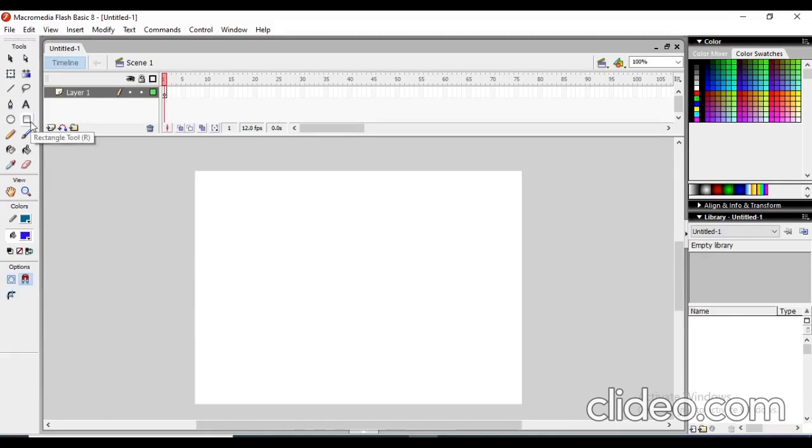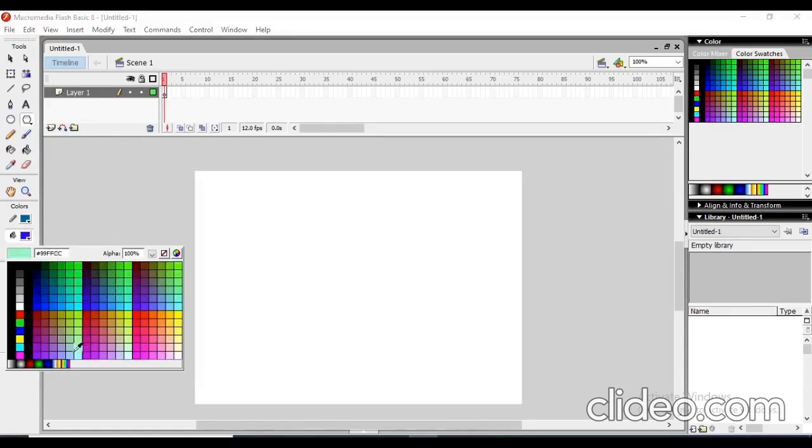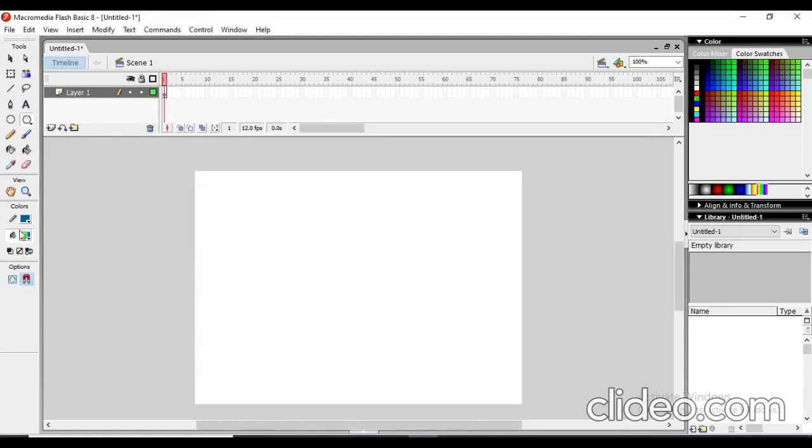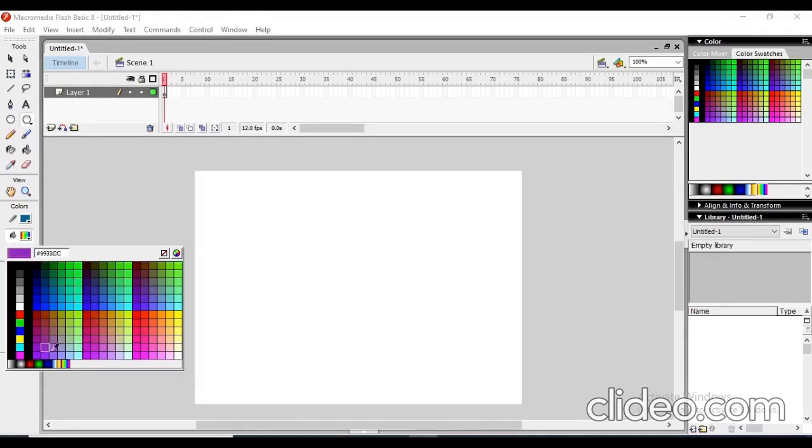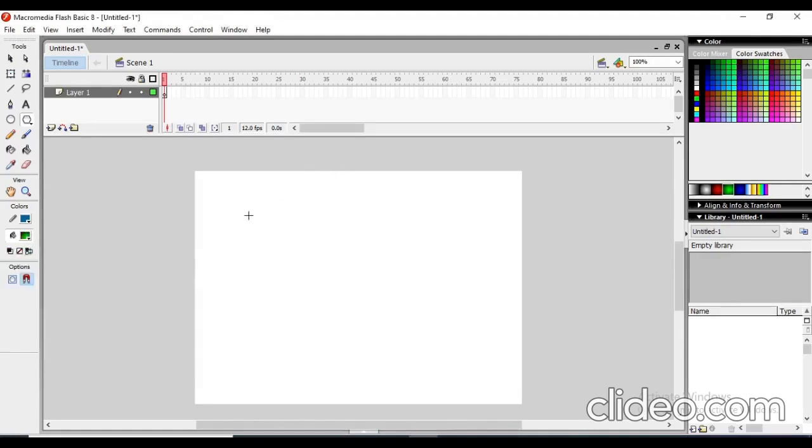Go to the rectangle and I draw one polygon here. Fine. And I can change the color from here. One minute, I want to draw this one. Fine. This is my polygon. This is my symbol. How can I convert it into a symbol? Just click on it and right click,